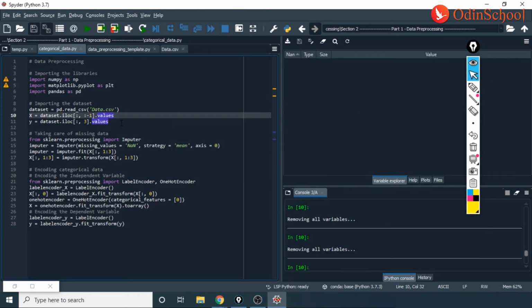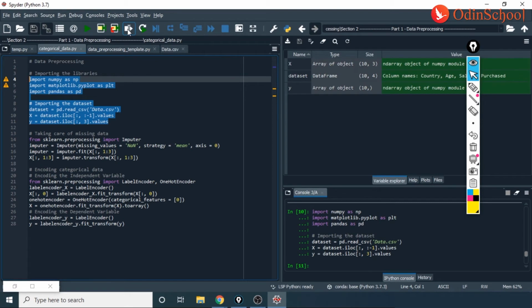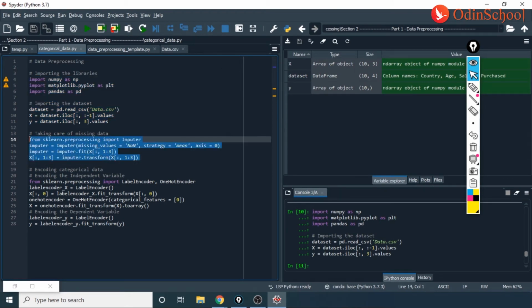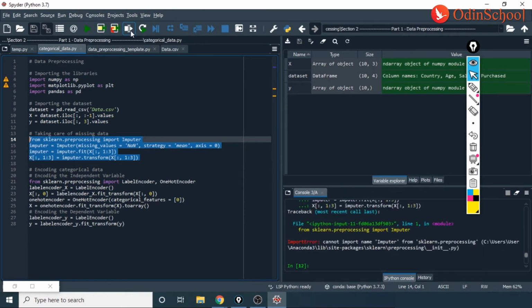Cleared. Now let me just execute this part. Well, all this is executed properly. Now let us also execute this part. And it says sklearn preprocessing does not have this.